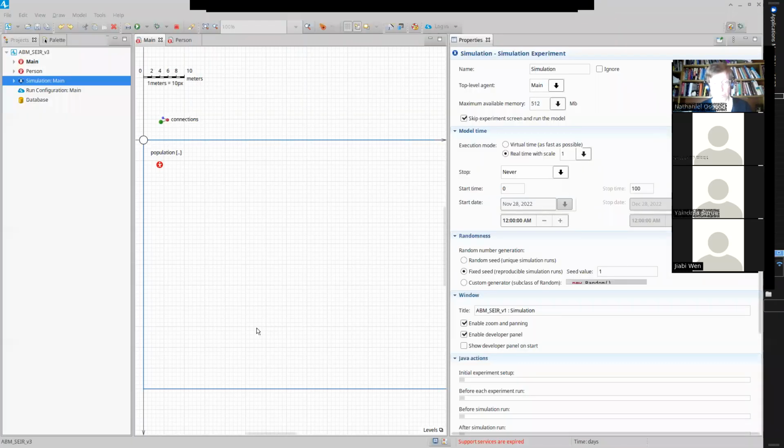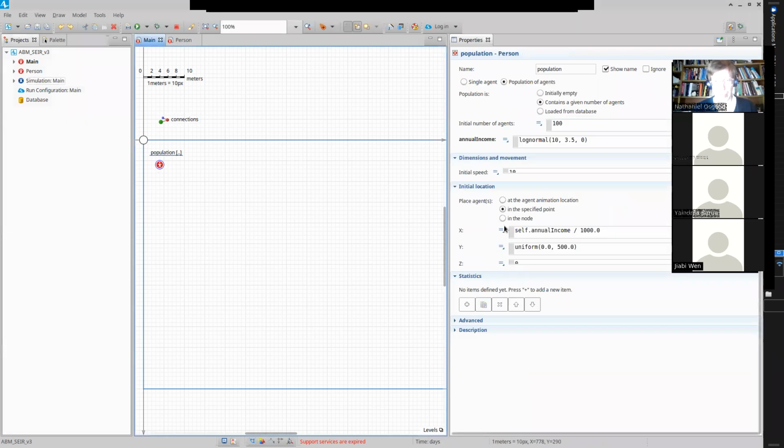So what we've seen is we've introduced heterogeneity. The heterogeneity is of two sorts. One is heterogeneity in position. The other is heterogeneity in income. And we coupled the two. The heterogeneity in income here is driving the heterogeneity in position. Okay, now right now that